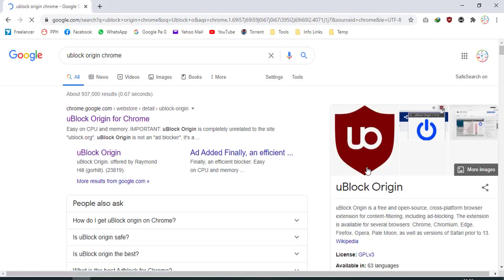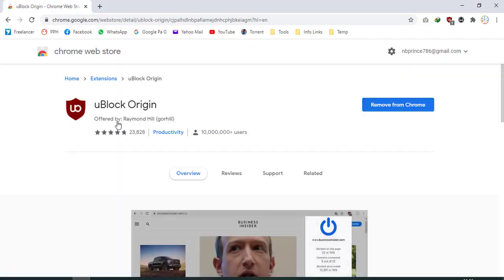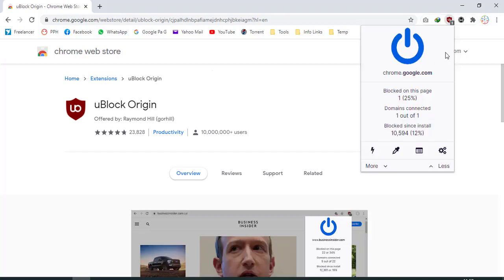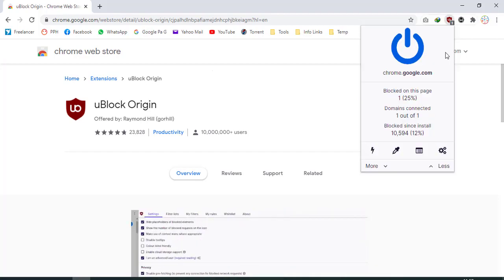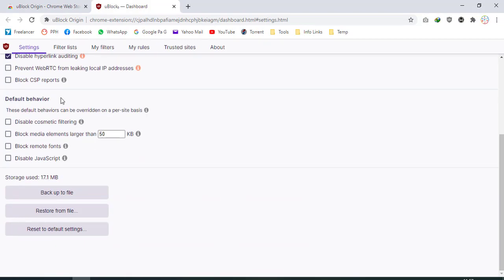So I suggest installing an ad blocker. For example, here I am going to use uBlock Origin, which I have already installed, and it is very easy to use, and you can also whitelist some sites from this extension. To whitelist any site or change its settings, just go to settings and you can do anything here.